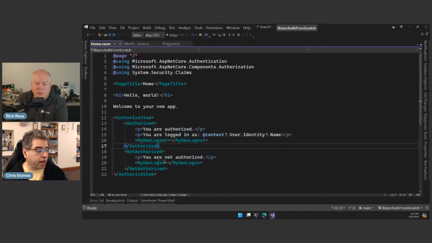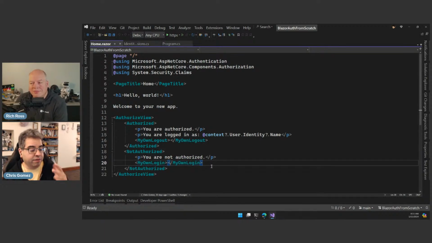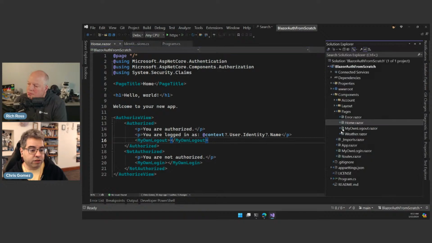And if you are not authorized, then we show a component called the my own login component, named very, I'm not asking anyone to name it that in their actual apps, but that way we all know. It's very clear. This is stuff we built. We built a login component that has a login form, and we built a logout component that really doesn't do much more